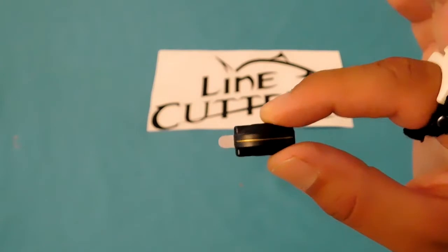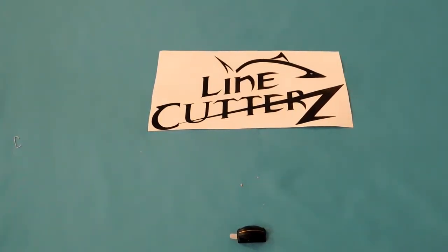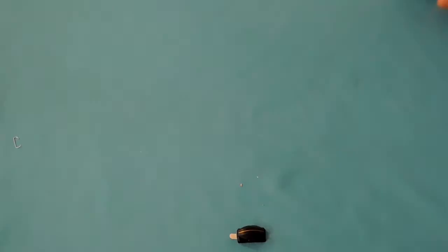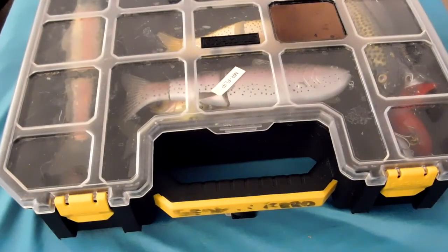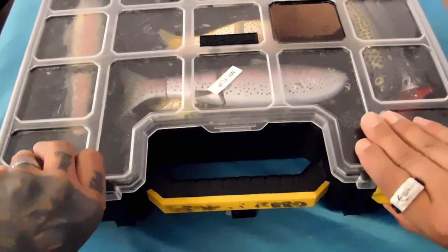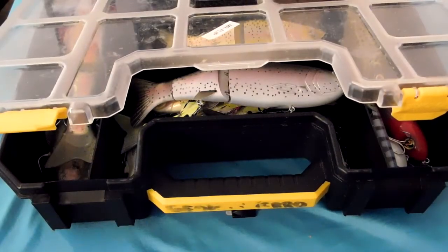And I already have an idea of where I'm going to mount this one. I was going to place it on my kayak, but I consistently wear my ring when I'm on my kayak, so I don't need to worry about that. However, there have been days where I have gone swim bait fishing and forgot my ring, or I went diving and left my ring in the car, but I still had my swim bait stuff, and it's like, oh man, I don't have scissors on me, and I didn't have my ring on me,